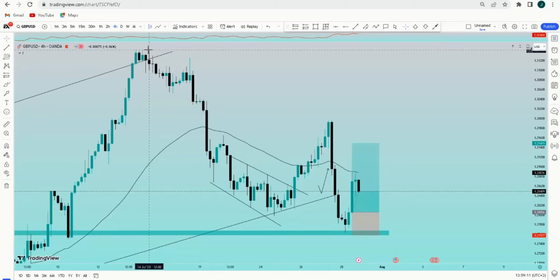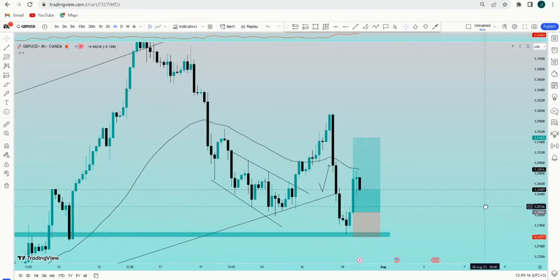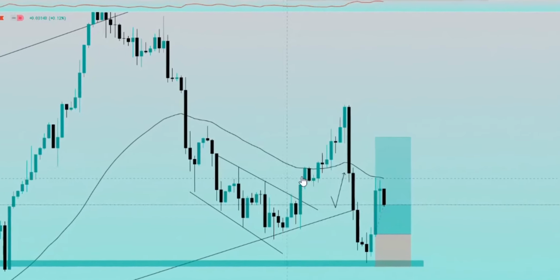And GBPUSD. As you can see, it is GBPUSD, and I shared it on Telegram. I think it was Tuesday, man. It was Tuesday, and the market was somewhere here. So